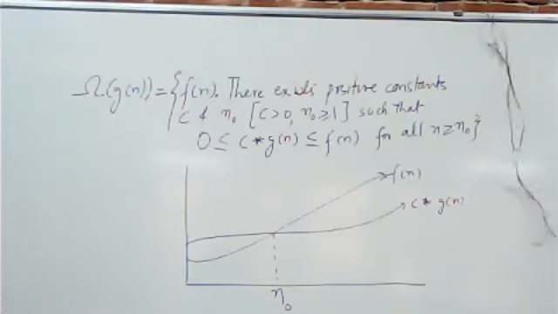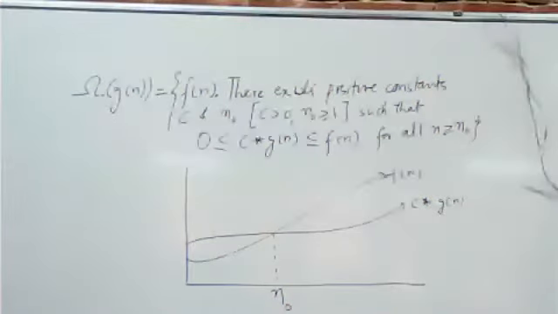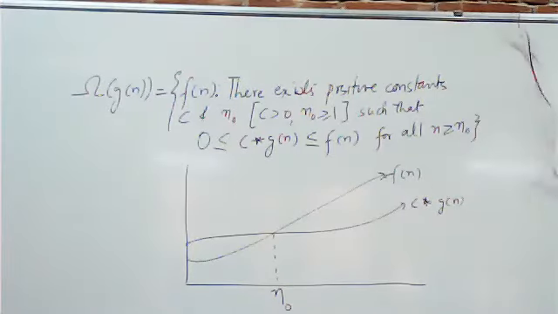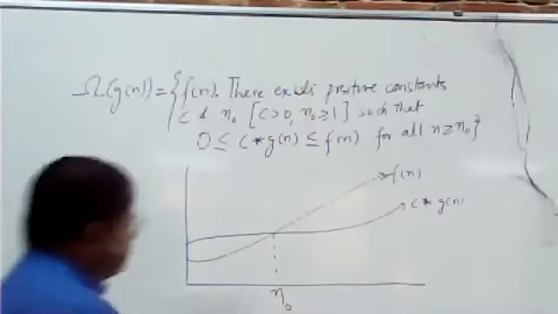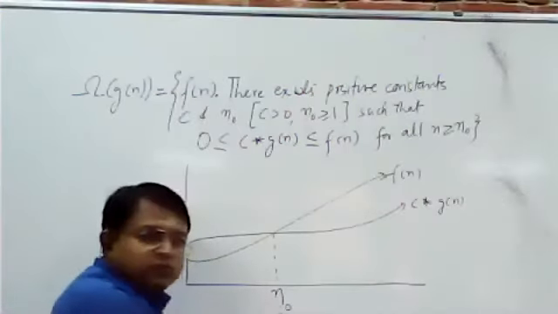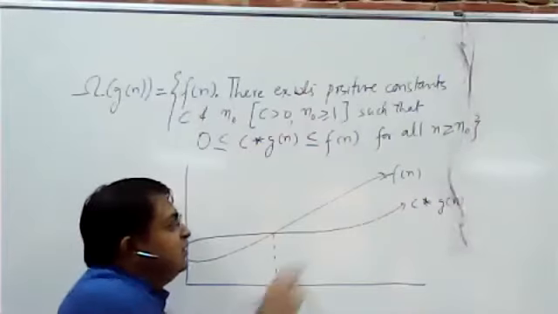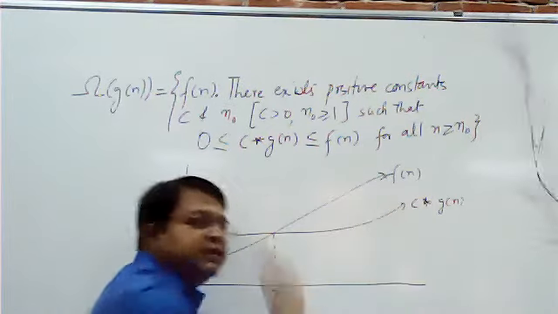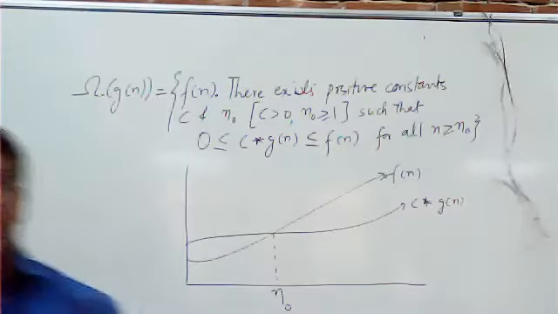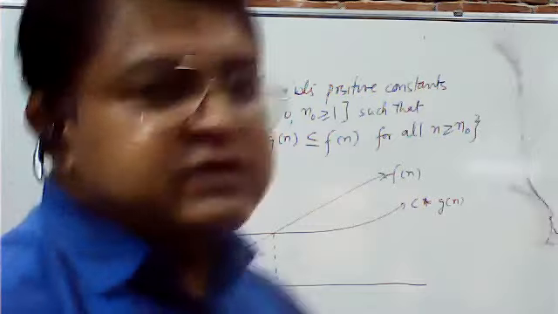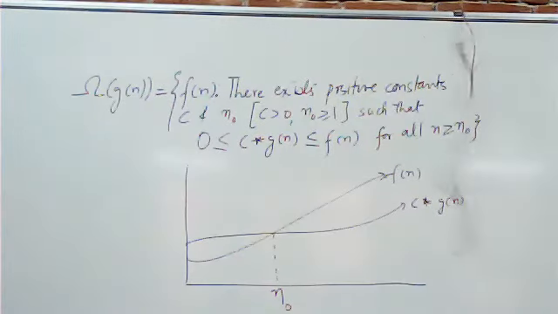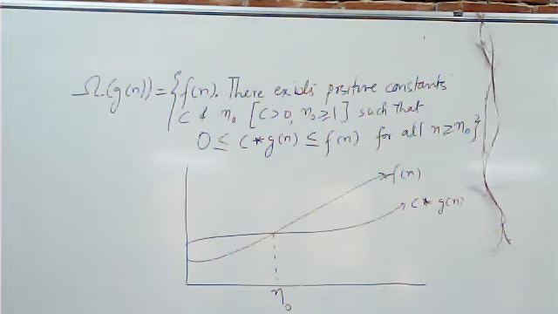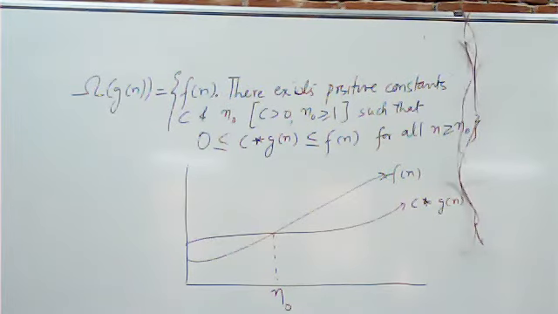Okay. So what it says is that for a particular input size, this function Gn, if we multiply by C, will always be less than Fn. Fn is again the total number of steps executed by the algorithm, and we are trying to find the lower bound. So in case of a lower bound, Gn into C will always be less than Fn. In case of an upper bound, Gn into C was always greater than Fn. So this is the difference.